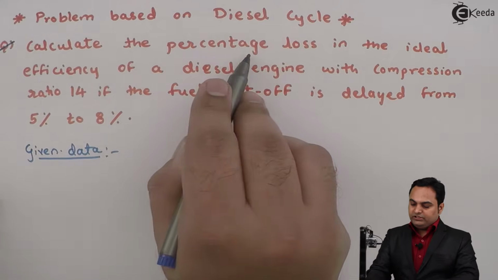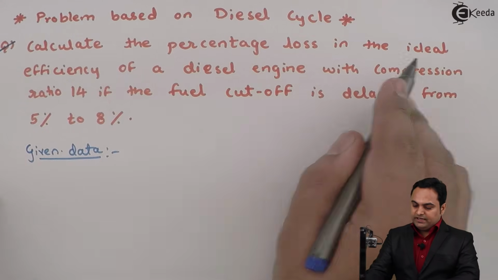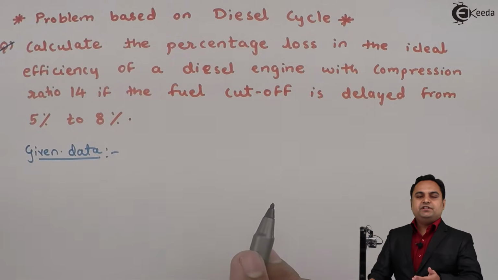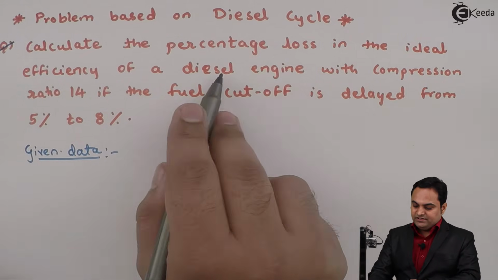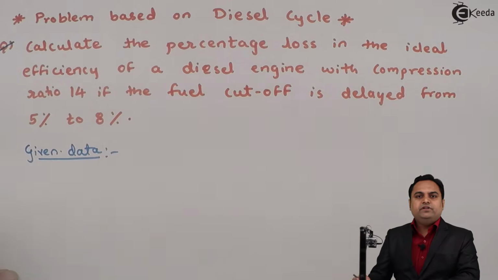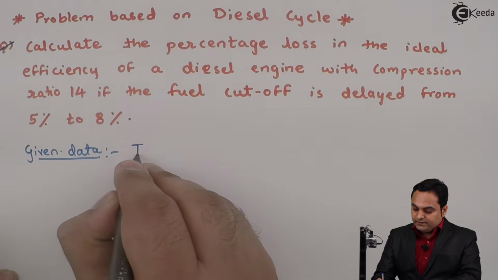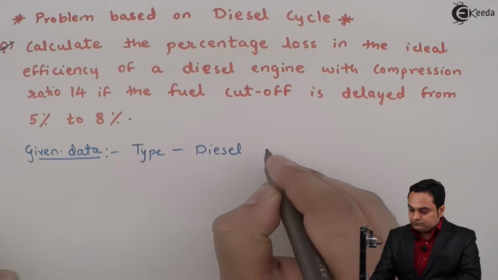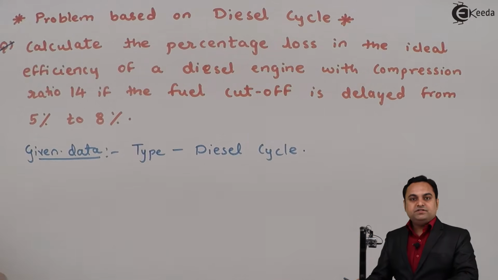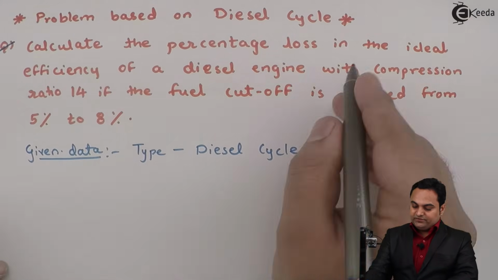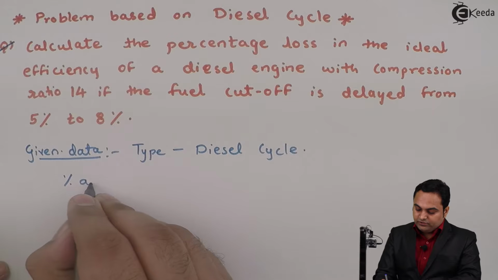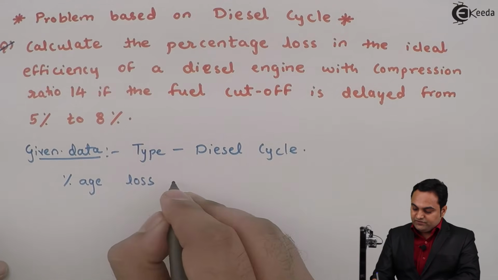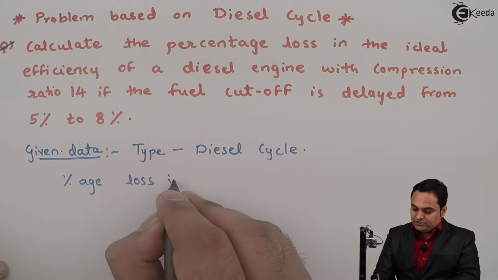Now calculate the percentage loss in the ideal efficiency of a diesel engine. So by reading this question we can understand that since it is a diesel engine, it will work on diesel cycle. So I'll write down that the type of cycle is diesel. It is diesel cycle. Calculate the percentage loss. So we need to find out that percentage loss in the ideal efficiency, that is percentage loss in efficiency